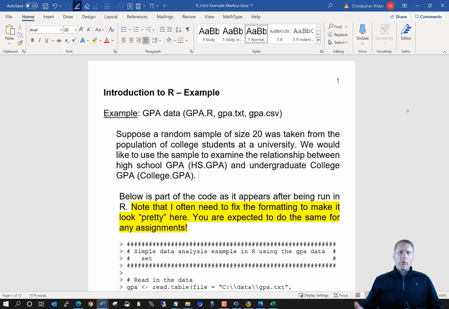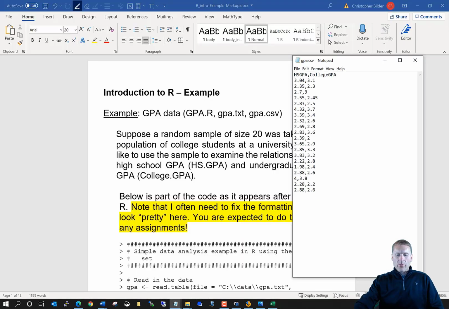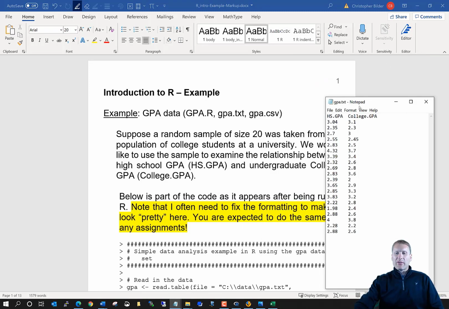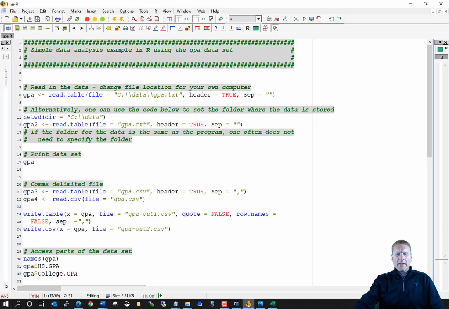And so the first thing that we need to do is take a look at the data. So the data itself is stored in a plain ASCII text file that you see here, gpa.txt, and I have this open up in Notepad right now. What we need to do is transfer this data into R, or read it in, you could say. And to do that, we're going to use a function called read.table, because as we saw here,